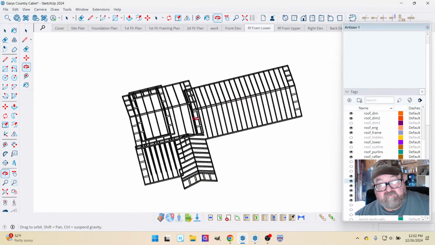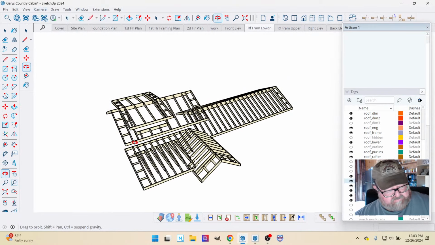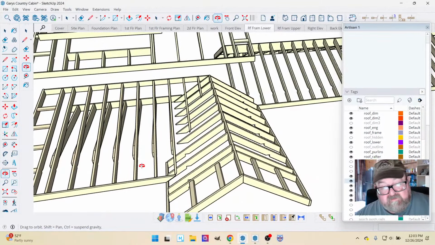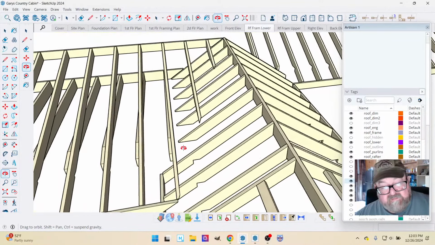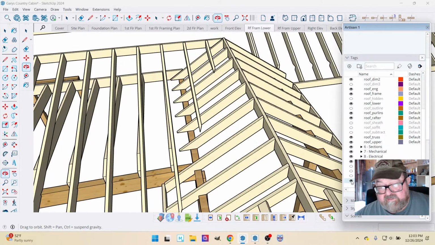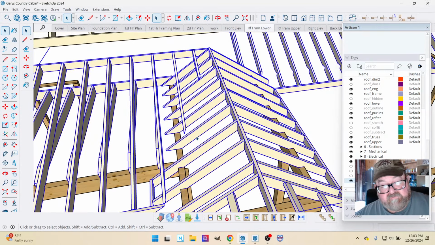Now I noticed I needed to do some work. We'll work on both of them before we start setting up the drawing. I'm trying to keep an eye on the SketchUp, I mean the space over here. These rafters right here, if I turn on the beams, I notice these rafters